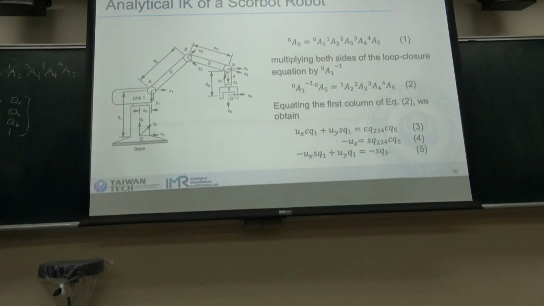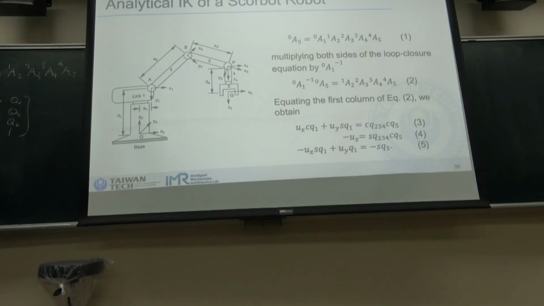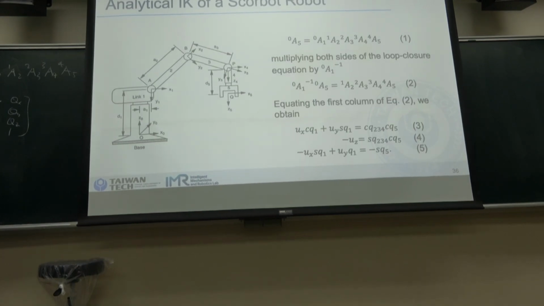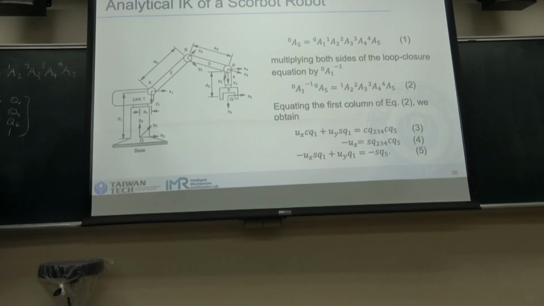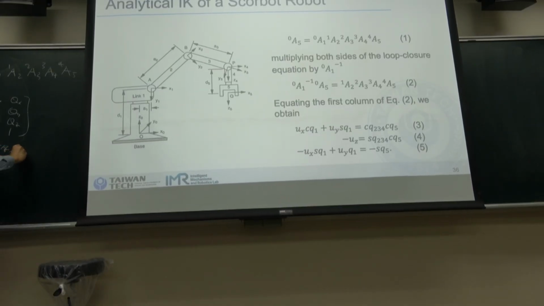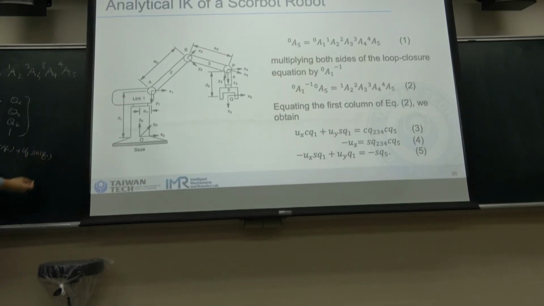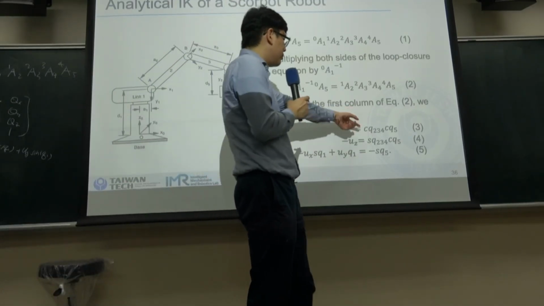And we times the inverse, and we can get the first column here. The U1x is equal to Ux times cosine Q1 plus Uy times sine. So this will be equal to,